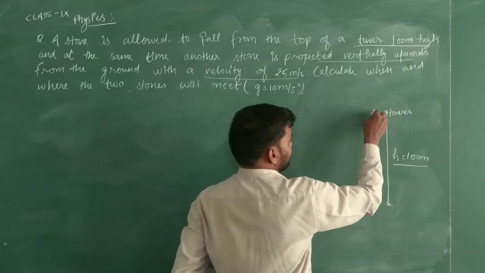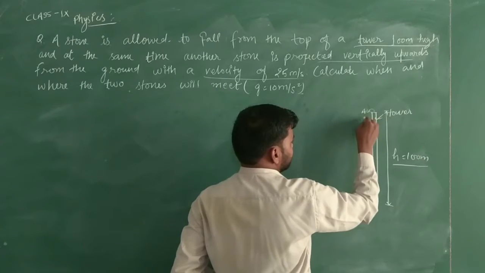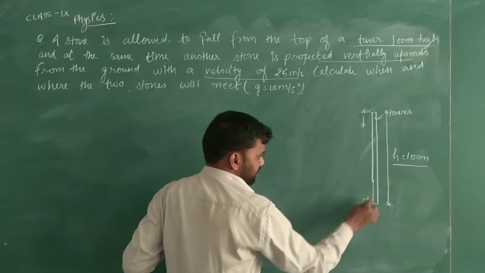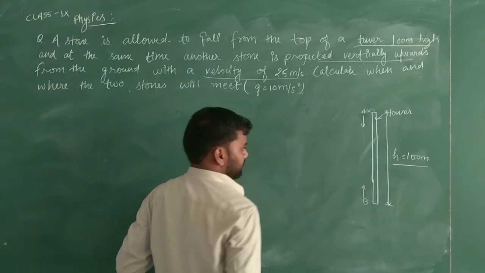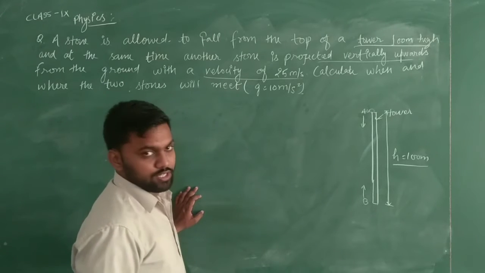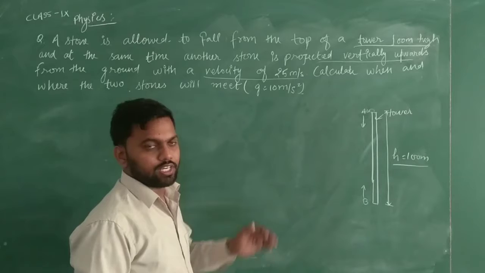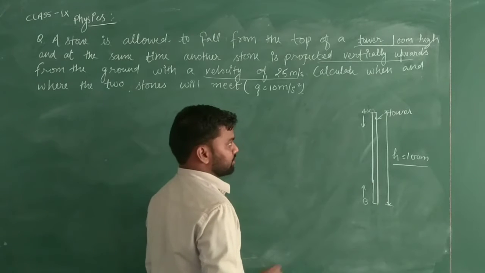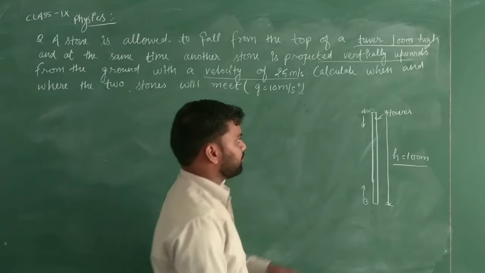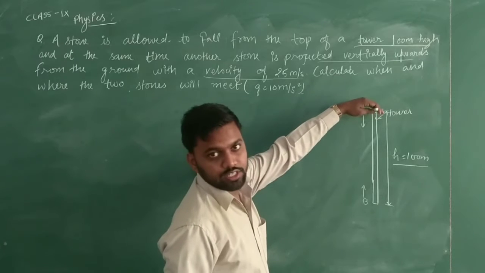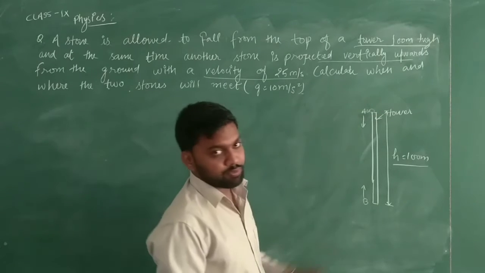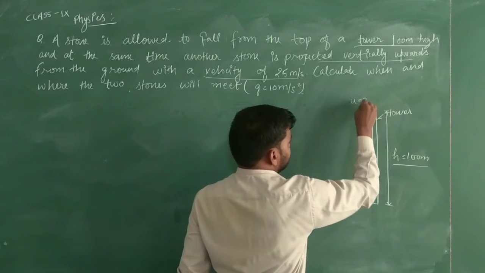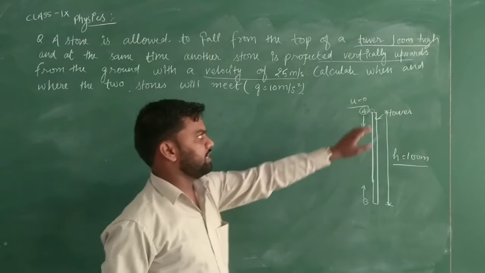So let us consider that here is a stone A, which is coming in the downward direction, and another stone is thrown from this position B, which is going in the upward direction. Students, first we need to find out the values which we can put here. First of all, the values of A which are given to us: we are releasing the stone from this point, so it will be at rest in the initial phase. So for A, u will be 0, that is the initial velocity at this point.